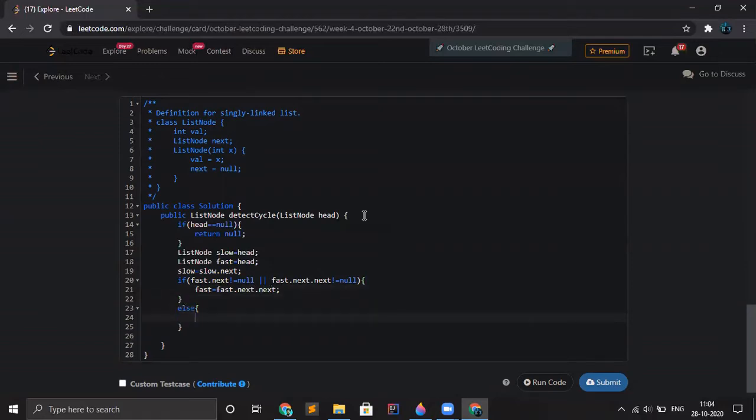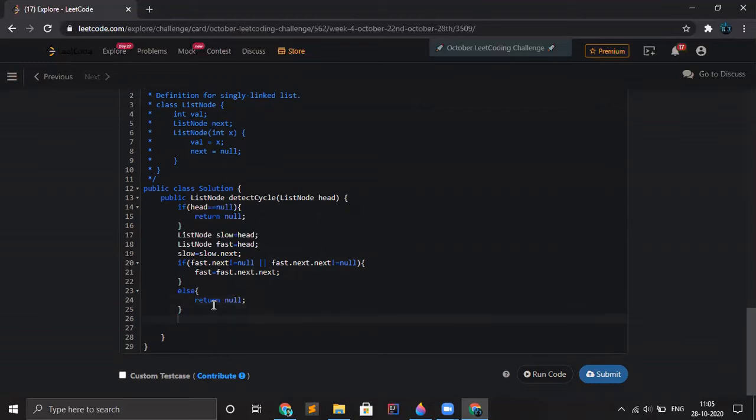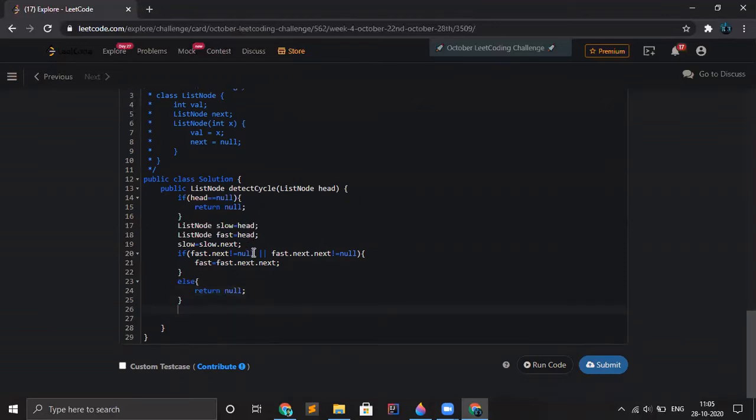Else, if this is not true, it means there is a null pointer in the list, and there is no cycle present. So now we have covered the base conditions.